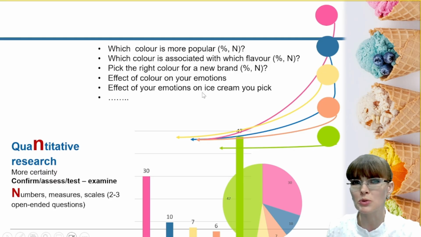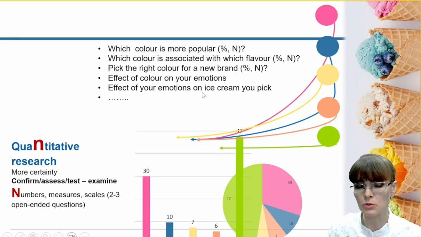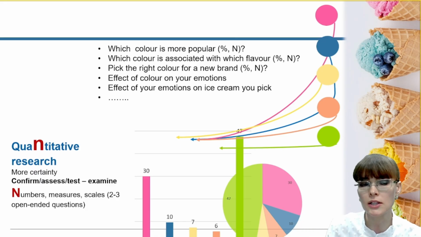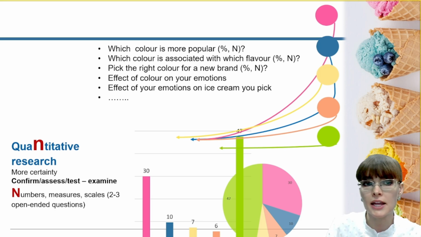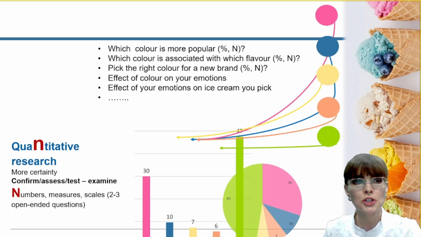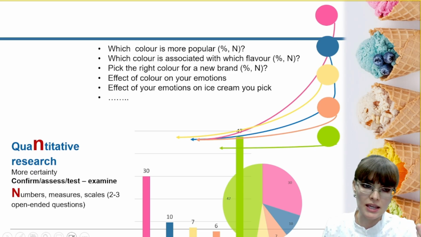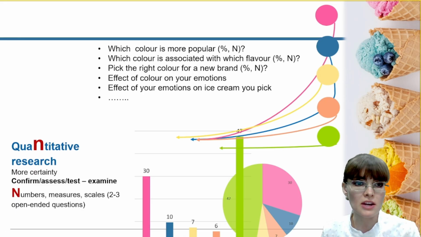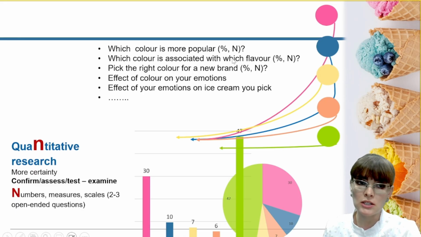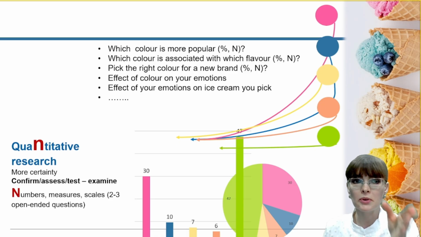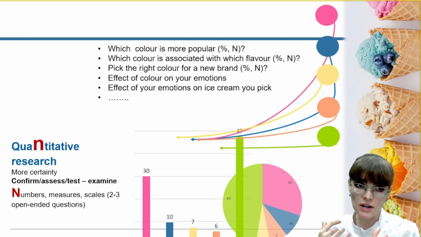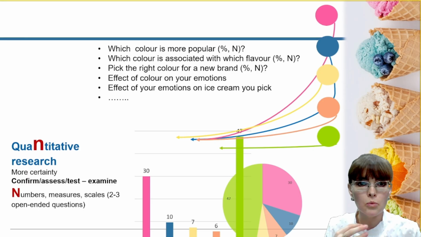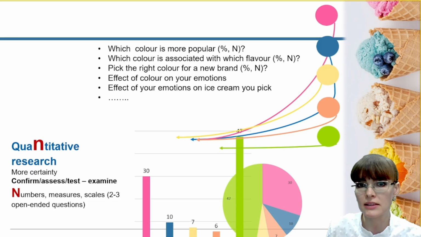Here you may not be able to understand why in as much as you would with qualitative research, why this particular color, but you may be now looking at a slightly different aspect as a manager, as a researcher, which is to quantify the trends in a larger sample to understand which color of these several options that you presented to the consumers are more favorable, and you would be looking at percentages and frequencies, at the number of people that actually picked a particular color, and then based on their socio-demographics and psychographics, you would try to understand what could potentially explain that choice.